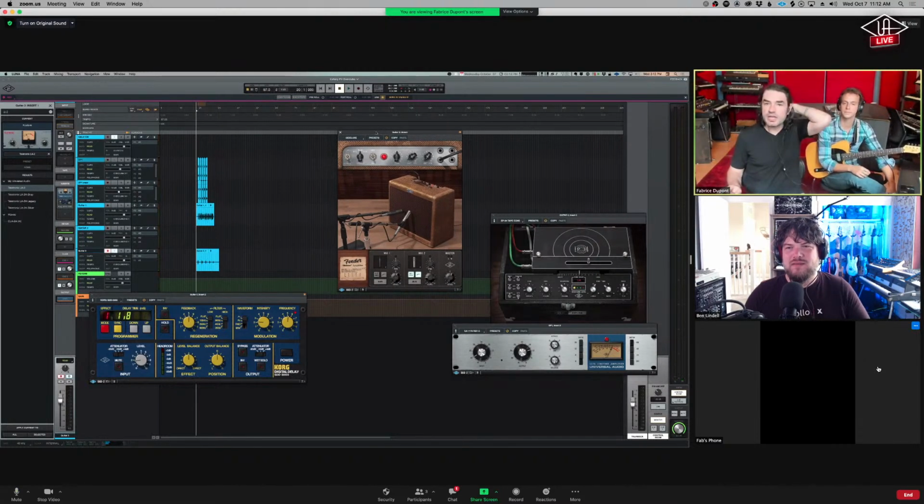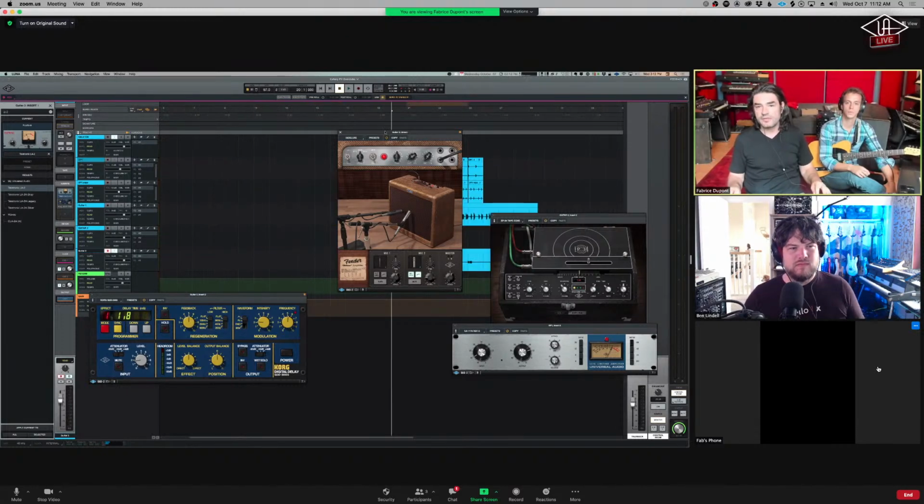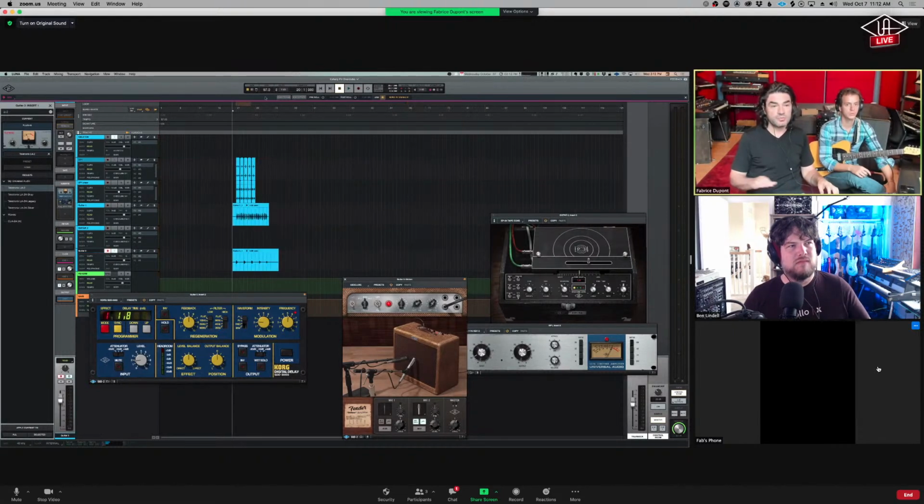So you get a little bit of the workflow idea of working with these other things. What would happen at this point? A lot of copy paste. Do you have other ideas? Do you want to do something else? What do you have in mind? Do you want to play a Van Halen style solo over it?